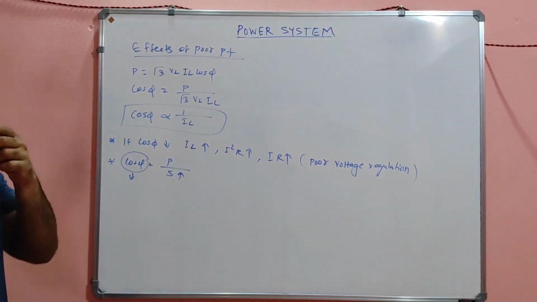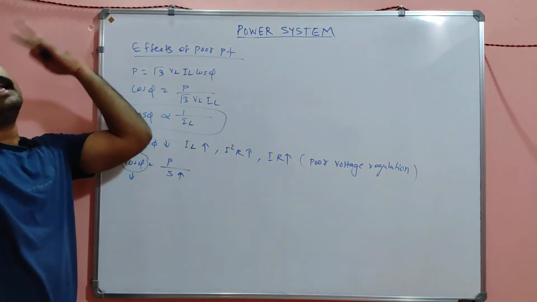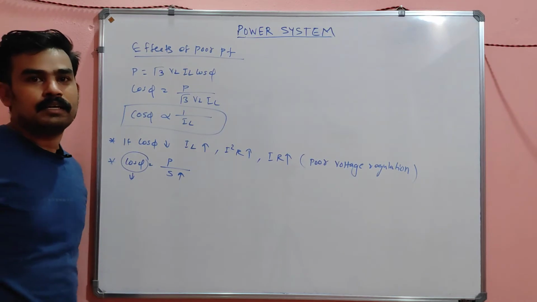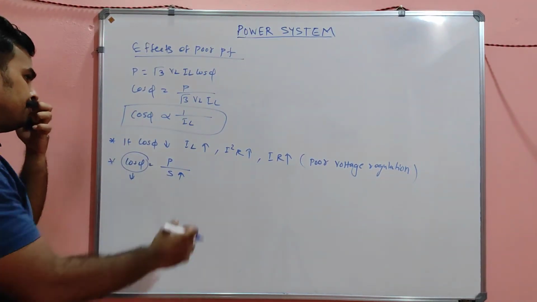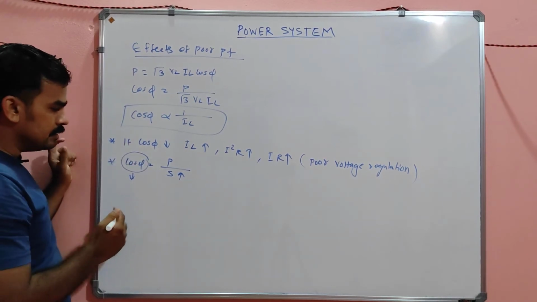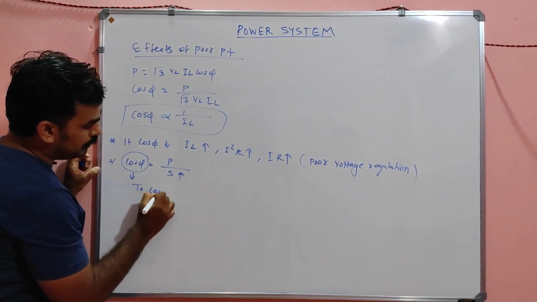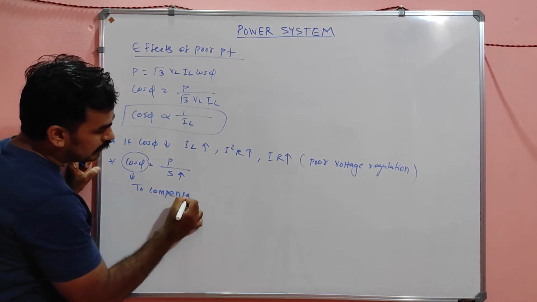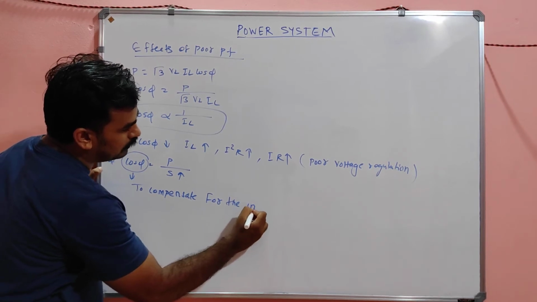If the apparent power is high, the system will draw a very high amount of current from the transmission line. If the current is increased, to compensate for this increased IL,